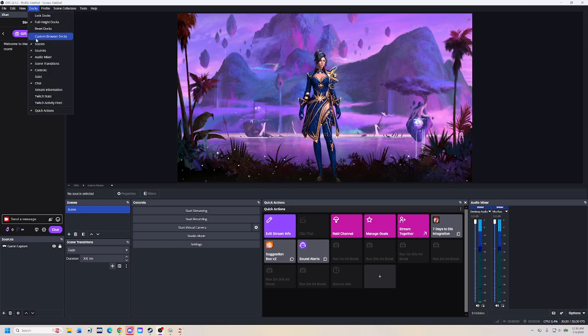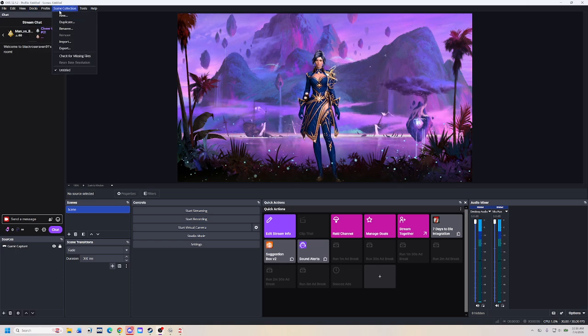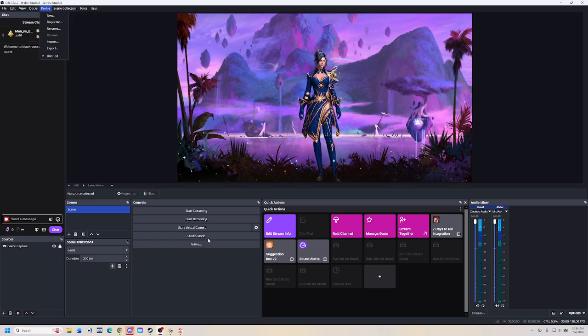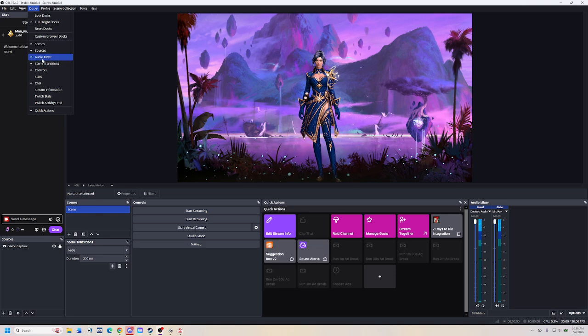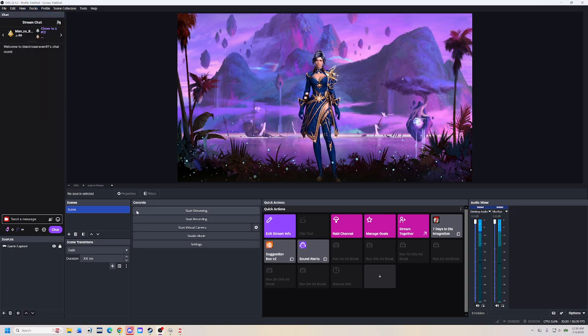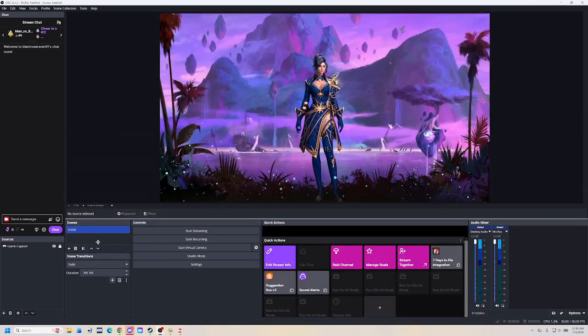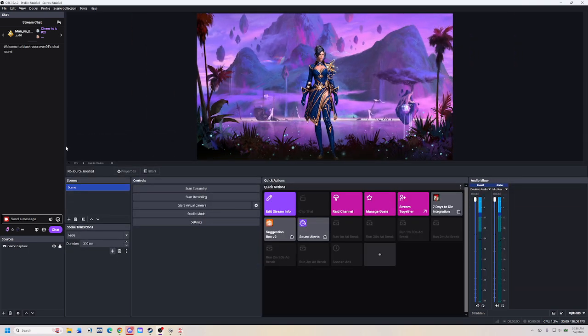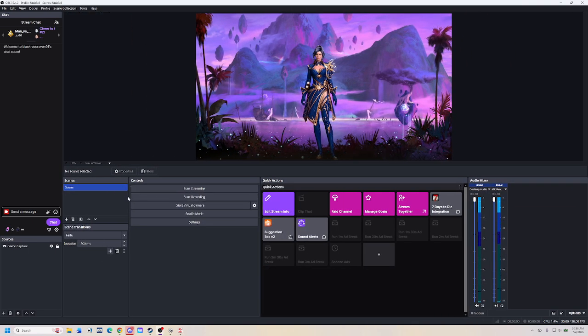So again, these are essentially custom to you. Set it up how you think is functional for you, but I thought this would just be a quick little video for you to kind of understand the docks. And if you want it so that you can't move these ever again, make sure you lock them. They are locked. Like you can resize this, you can resize this or this, but you can't pick this up and drag this. So that's what locking